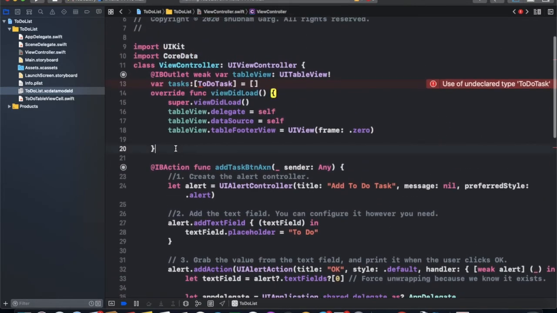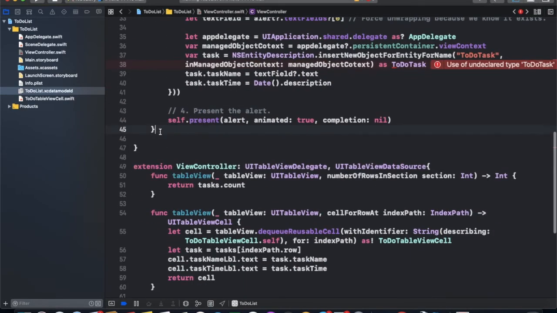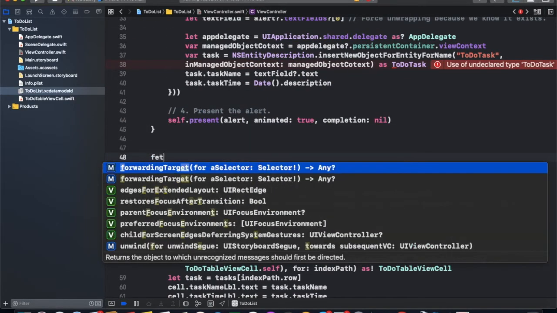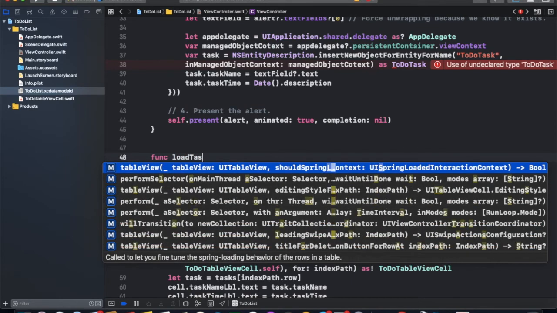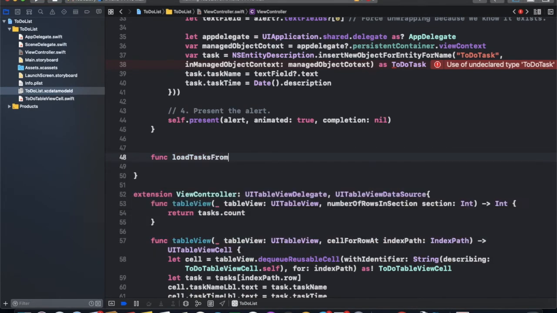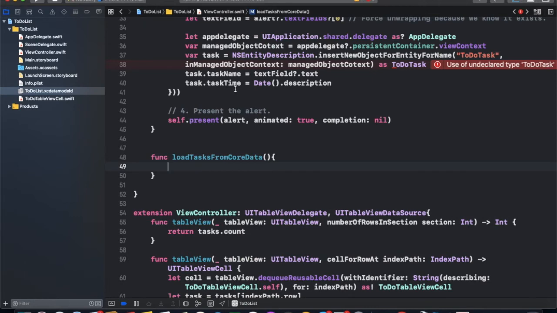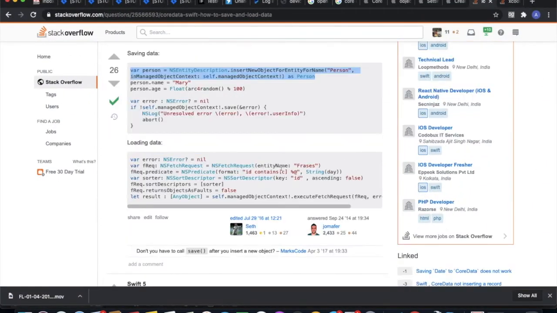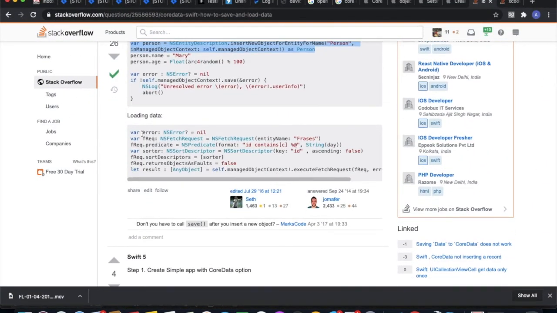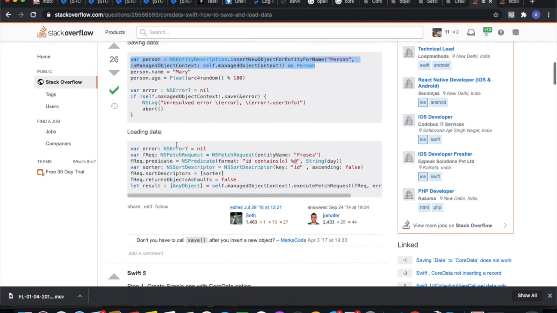Now we need to fetch the tasks. So fetch function load task from core data. For this, you also need a managed object context, and you need to create a list. For easy, you can search on Google and you find the best way. Like you find here, loading data.